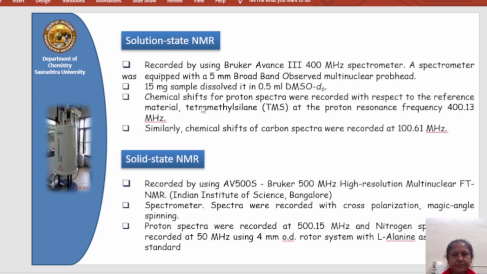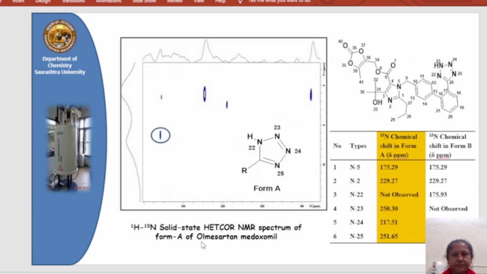So in this case, we record the solid state NMR and solution state NMR. But here we use N15. We use N15 NMR, not 1H NMR, not 13C NMR, but N15 NMR. So the relation of hydrogen with nitrogen we can find out. So this is the N15 of form A. You find 1, 2, 3, 4 related to that. So N5 can be observed. It's from the imidazole ring system. N5 and N2 show no change in form A and form B. Why? Because desmotropy occurs in the tetrazole ring system, not in the imidazole ring system. So there is no change in that ring.